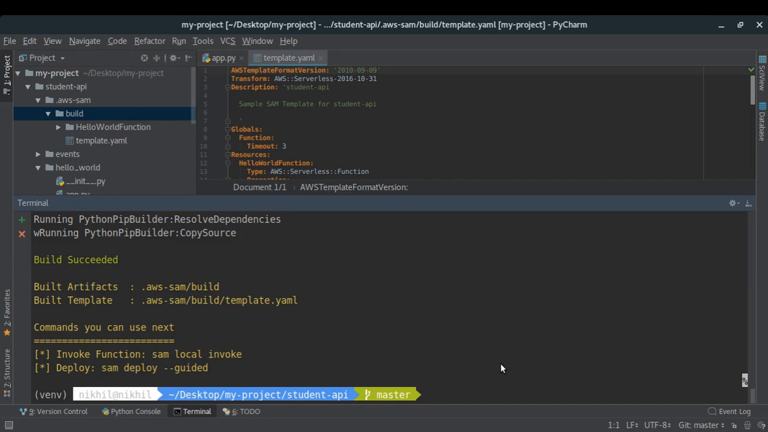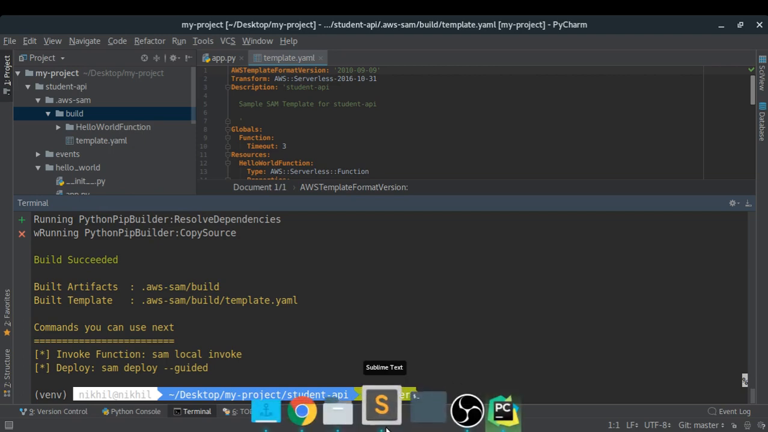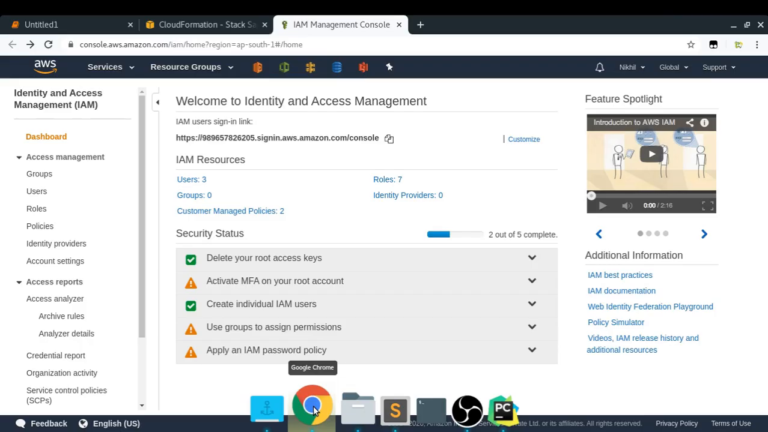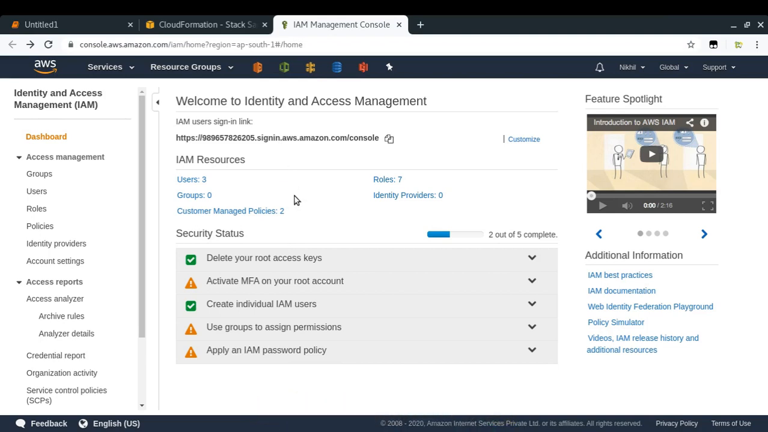Now before we do this sam deploy --guided thing, we need to understand something. We need to understand that what we're actually doing here is that we are allowing the SAM CLI to take some actions on our AWS console. So for that, SAM CLI will need some permissions. And how do we give those permissions to SAM? In order to do that, we'll have to use the AWS Identity and Access Management service. So we're going to create a new IAM user,